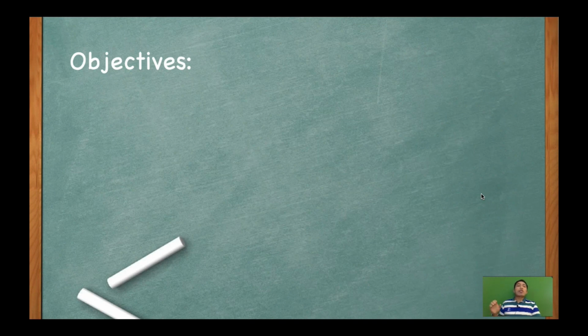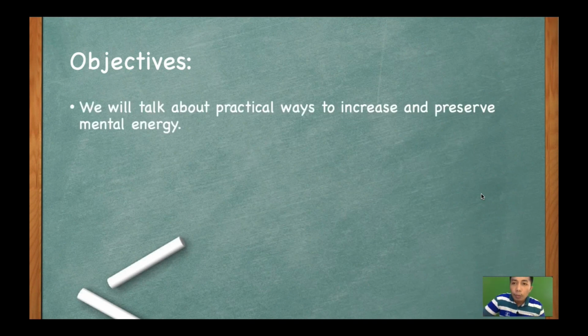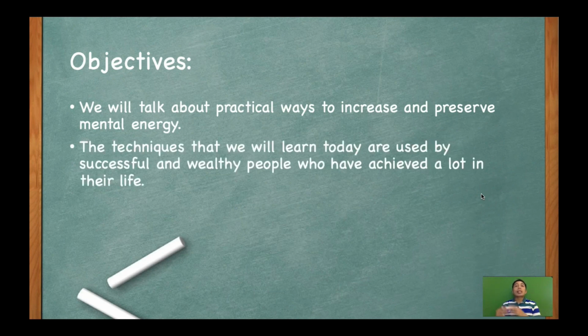So, objectives for this lesson number 2. So, we will talk about practical ways to increase and preserve mental energy. Again, to increase your mental energy, you need to learn how to sustain a feeling of well-being, a feeling of being inspired all throughout the day. And to preserve or conserve mental energy, we need to learn how to sink in how our brain works with how time flows. Okay, so yun yung mga pag-uusapan natin ngayon. So the techniques that we'll learn